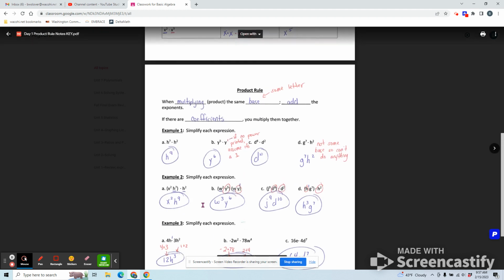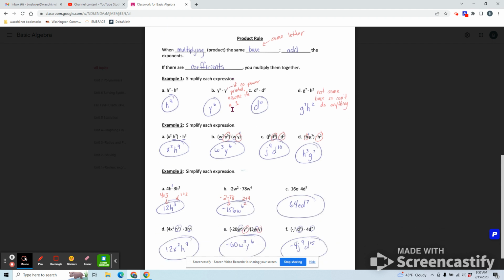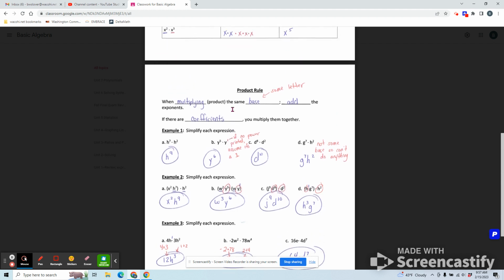So to recap, when you are multiplying, which is what we did today, that's all we did. We multiplied in all 3 examples. And your base is the same letter. That's mostly what we focused on, the same letter. You can add your exponents together. And if you had coefficients,